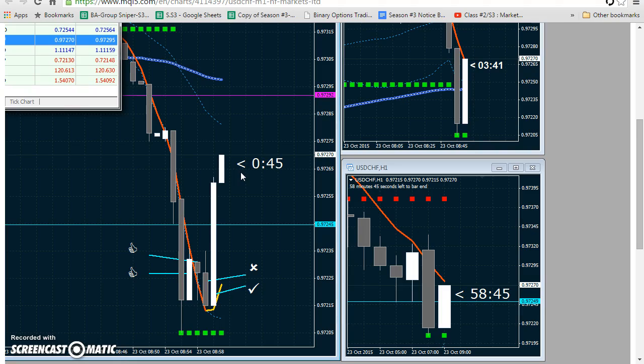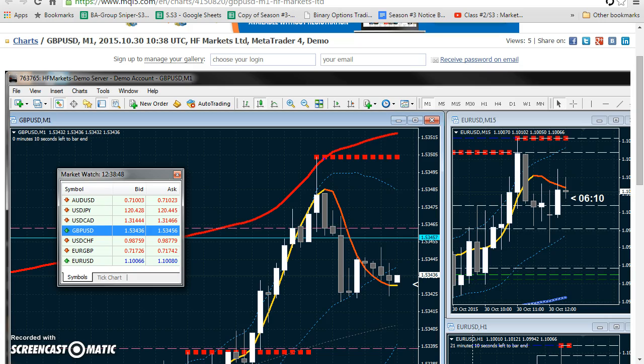But now, this is the point I like to make. Now we have a very, very high probability trade again, which we call checkmate. Checkmate says, if the next bar closes inside this wick or just outside this wick, then we have a very high probability trade that the next bar will go up. And as you can see, in this case it happened. Let me show you the other high probability setups where we can use checkmate.